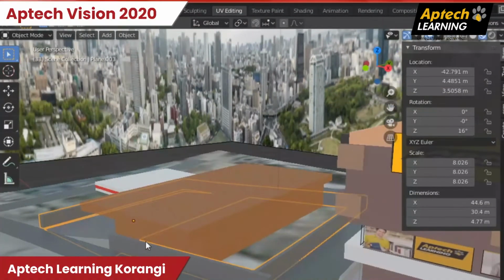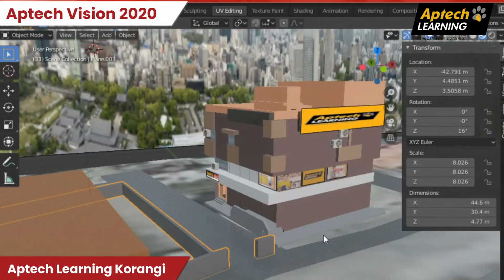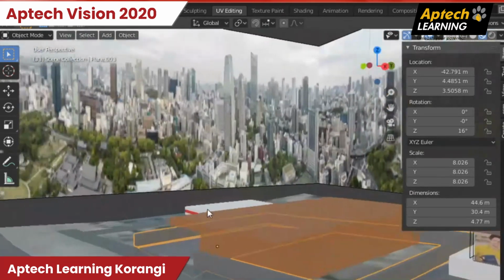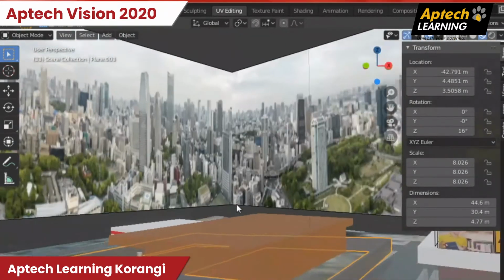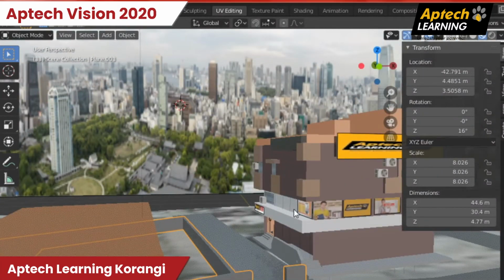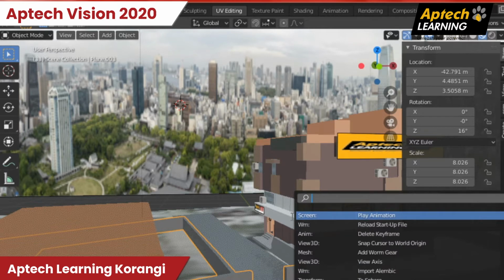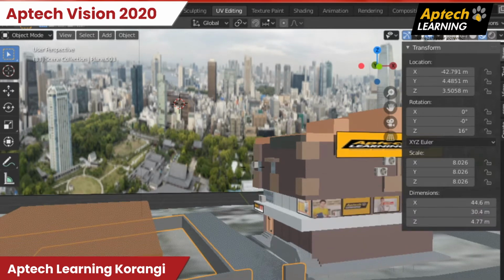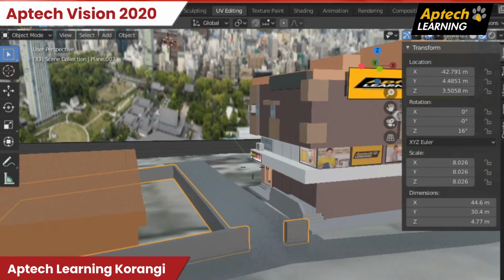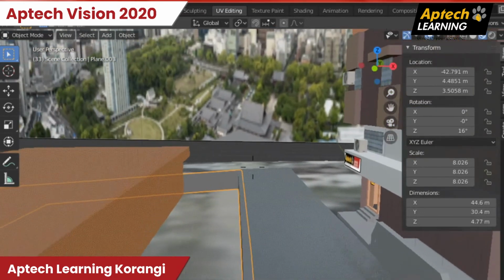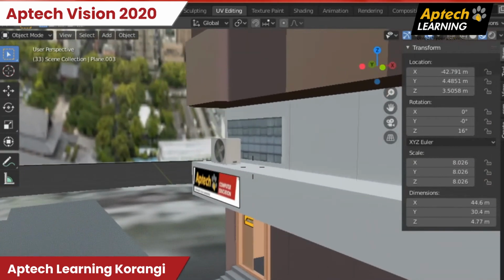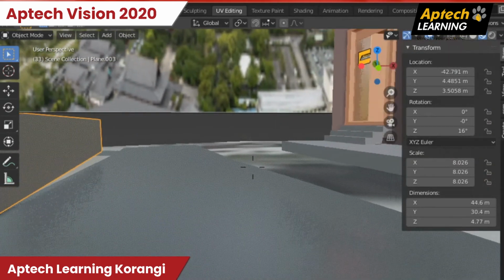In material mode, you can see we have applied the material, whatever the color or the texture or the images were applied in the building or in the outer world, you can see in the material mode. It won't be able to show you the more detailed textures of the world. So for moving around, we will use a fly navigation tool. With this tool, we will be able to roam in our 3D model, just like we are walking around like this.